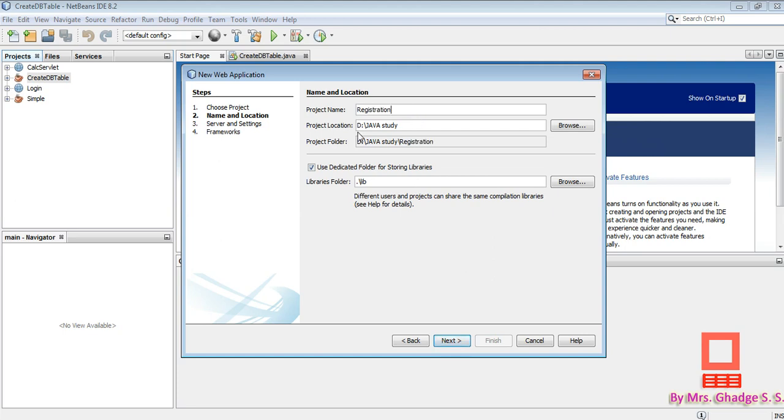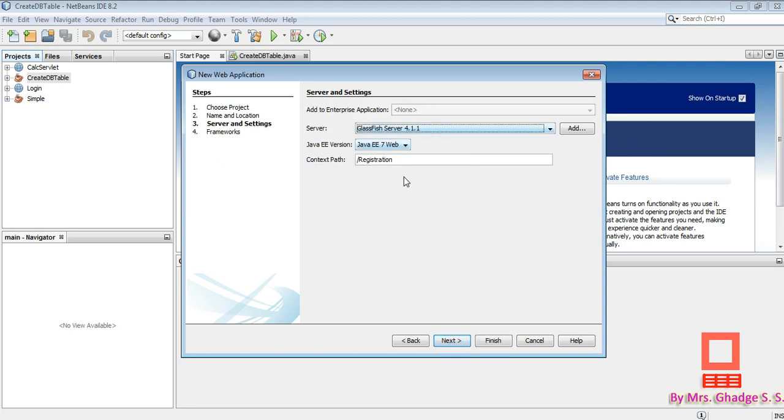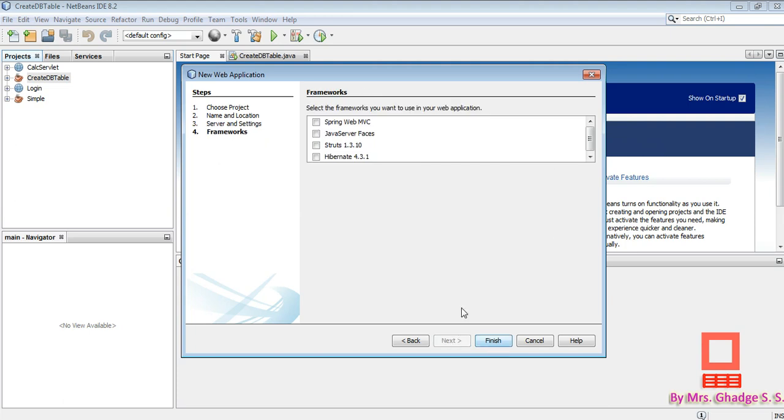Okay, already project location is by default selected here, that is D colon Java study. So just check this check mark and click on next button. Here we don't have to change anything, just click on next button. Again we don't have to select any framework here, just click on the finish button.